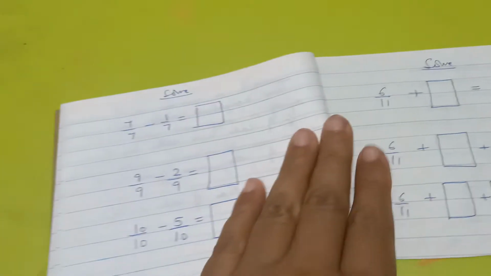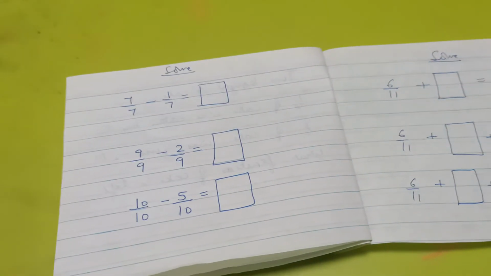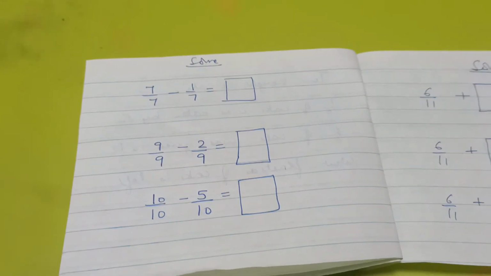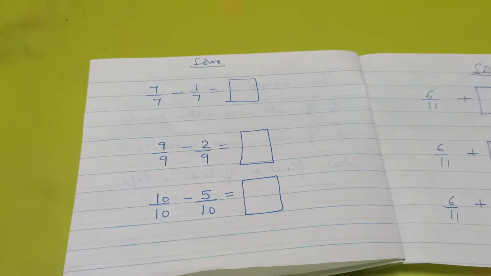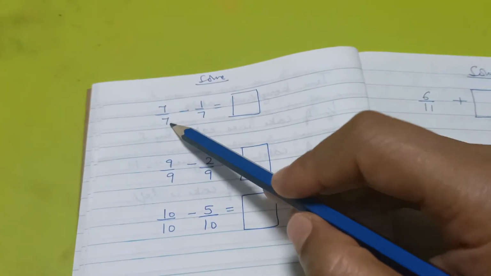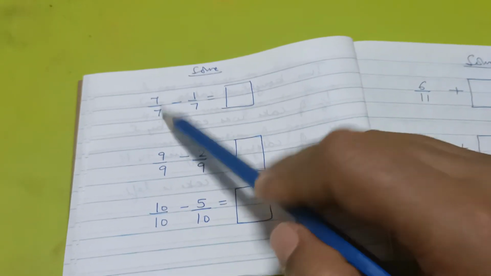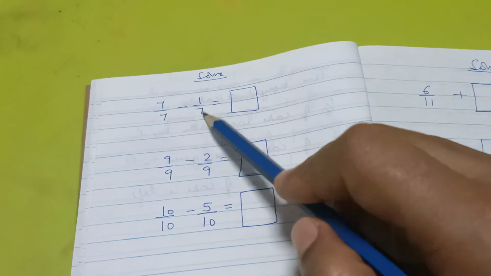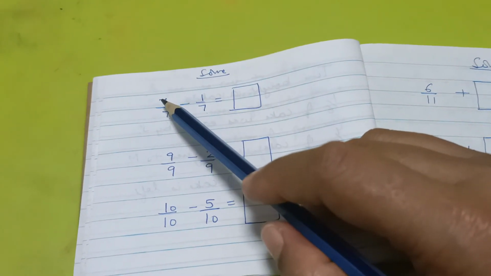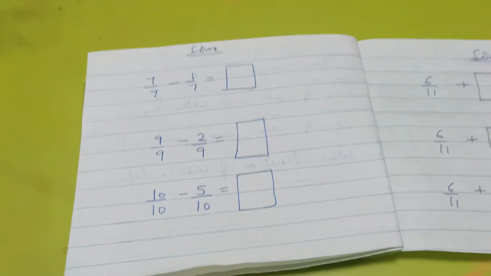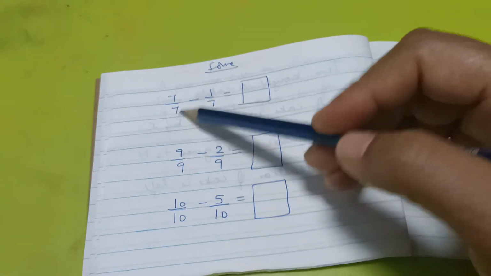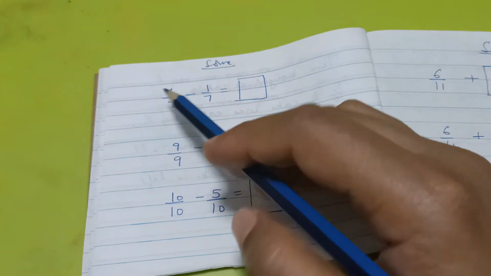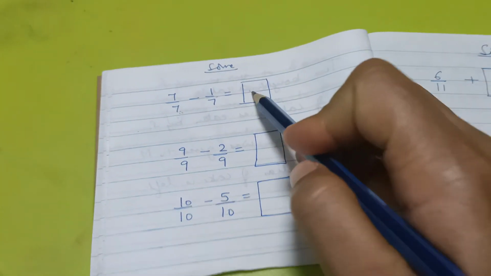So that's this one. Now we are going to subtraction. Subtraction is nothing but what is shaded and what is not shaded. Here 7/7 is actually 1, a one whole thing. I'm keeping it simple: 7 pieces of 7 are there, minus 1/7. If you go to the next level, I have removed it as one whole, but here it is just to explain to her that it is 7 pieces. I remove 1 piece, so 6 pieces are left.